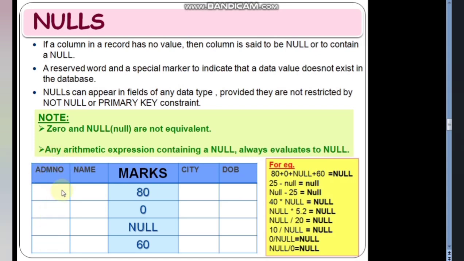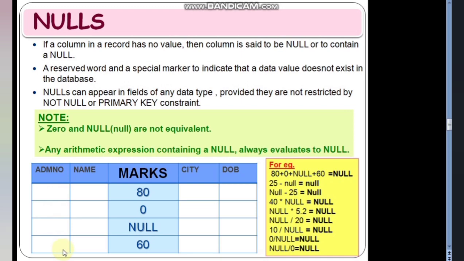Primary key will hold all unique values, right? This is one thing. And it will hold non-null values. That means if you make any particular field a primary key, it cannot hold redundant value, that is, it cannot hold duplicate values, and it cannot hold null value also.